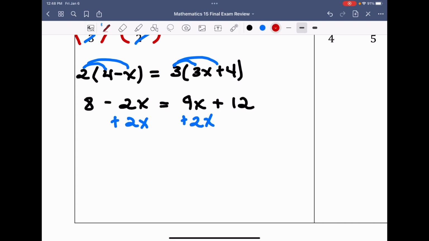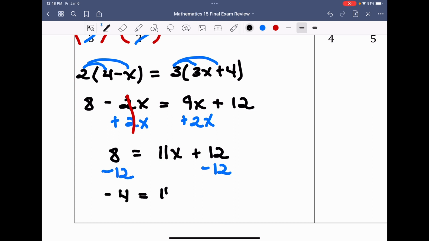So if I add the 2x across, this is going to leave me with 8 is equal to 9 plus 2x, which is 11x, plus 12. And now I have to subtract away this positive 12 from both sides. And I'm going to get an answer of negative 4 is equal to 11x. When I divide by that coefficient on the x, which is 11, therefore my answer for x is equal to